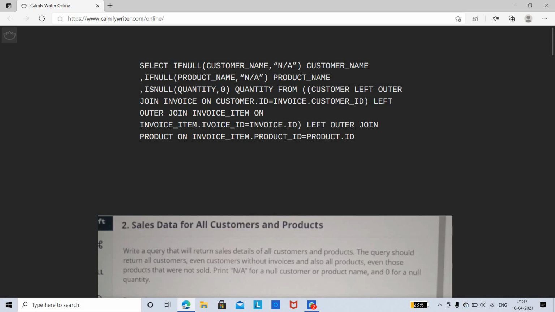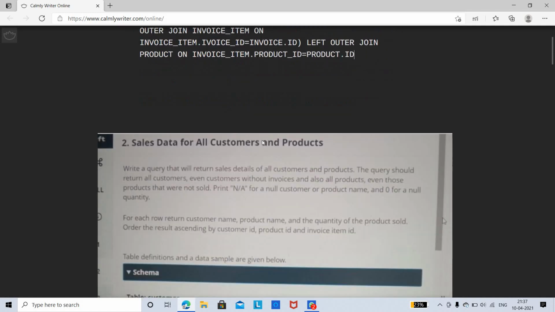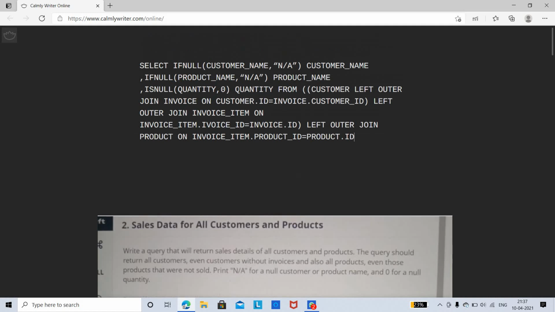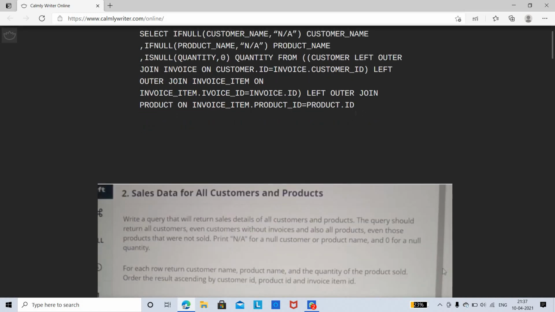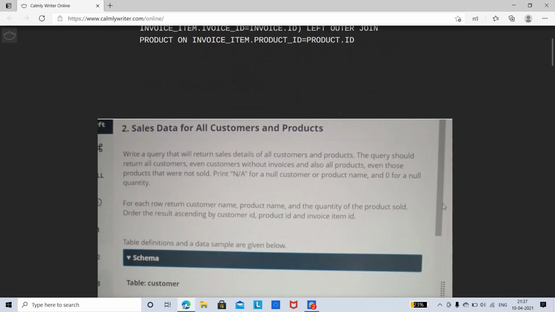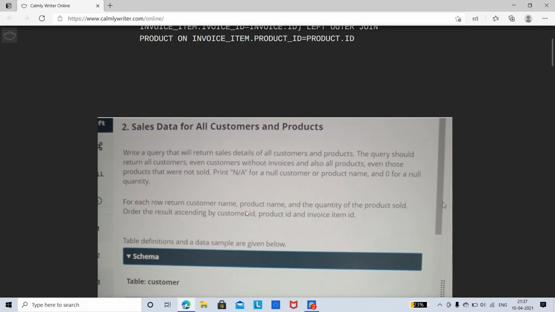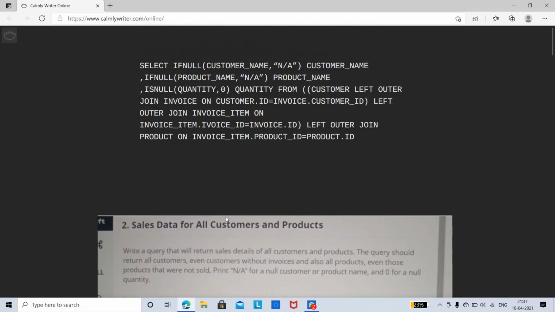Next, if there is a null, it will display not applicable, NA. Here product_ID is equal to product.ID, and next you need to return the customer name, product name and the quantity of the products sold, and order the result ascending by the customer ID as well as the product ID.